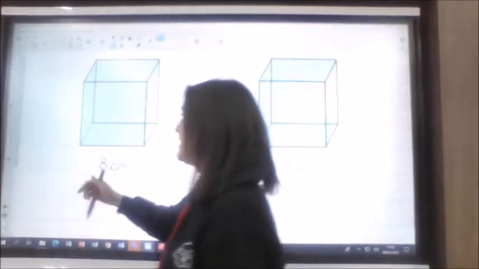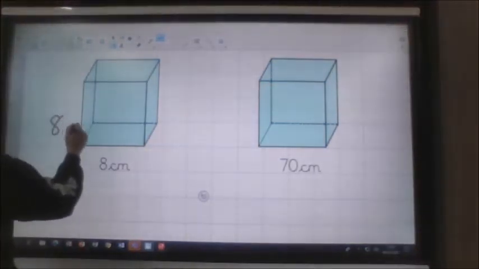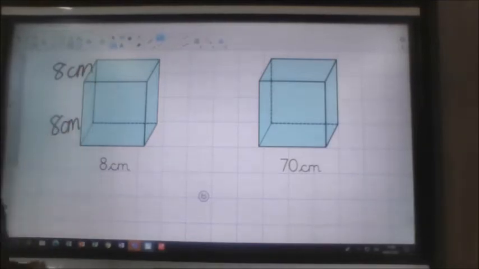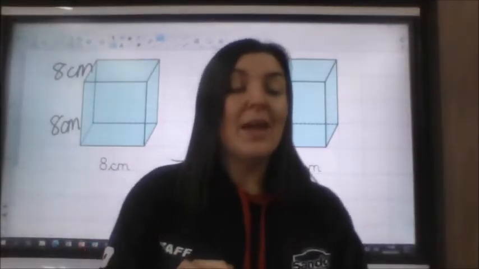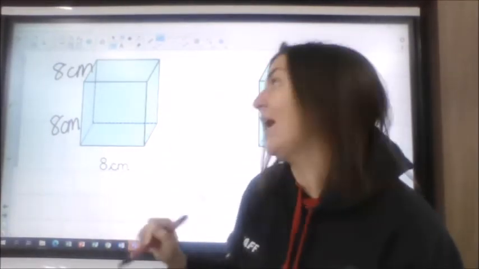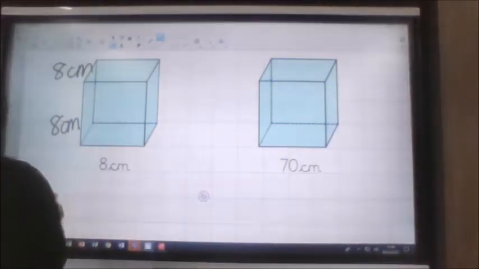So if this one's 8, so is this one, and so is this one. So when I'm working out the volume of a cube, all of the sides are the same, so you'll have the same value multiplied together. So 8 multiplied by 8,